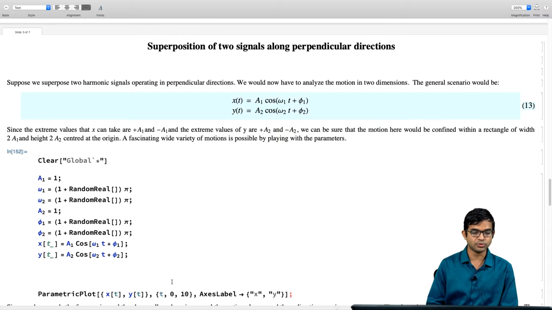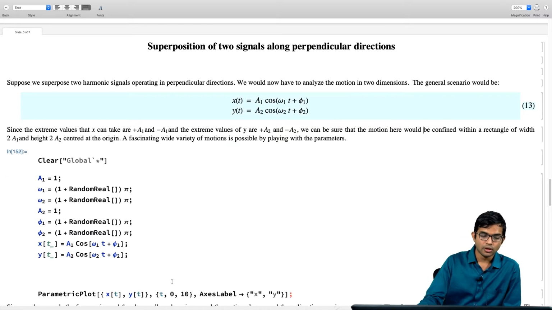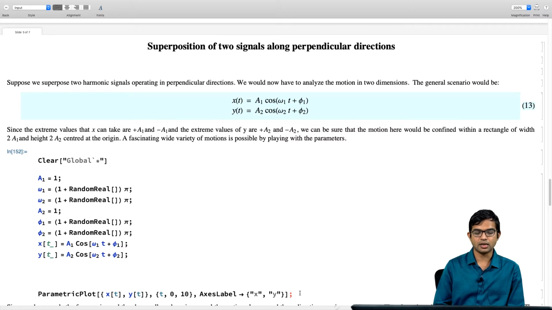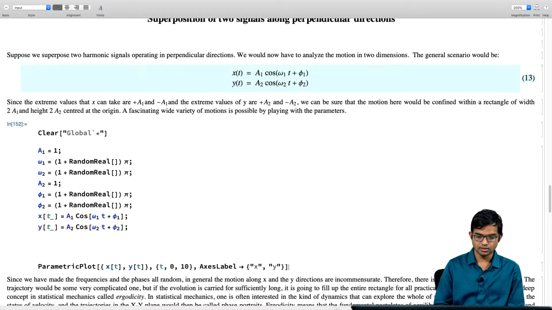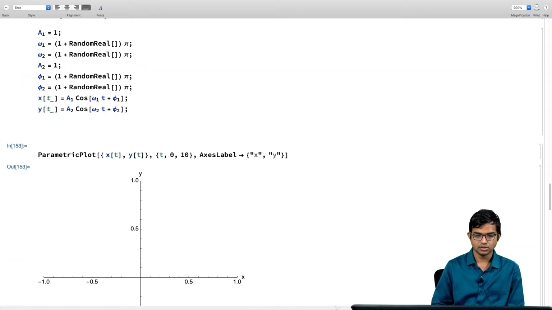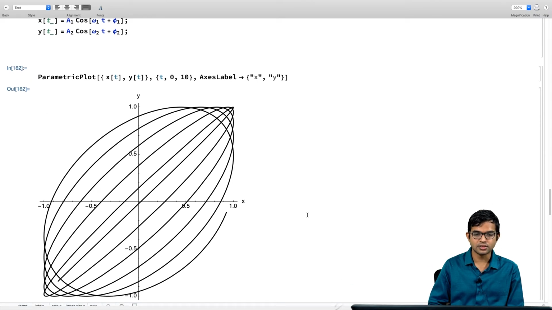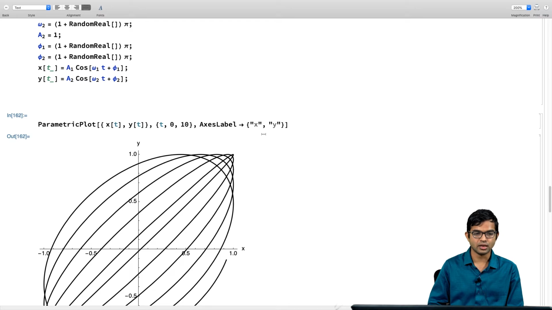And if I plot the superposition, it's useful to plot this with the help of a parametric plot function. This is some syntax you can look up on Mathematica. You can just play with this and see what happens. So x and y are getting superposed, and you can plot them as a parametric plot. Let me first run this, only then come to here. There you go. So there you get this very rich behavior you see as you change omega 1, omega 2, phi 1, phi 2. Let me run this again.